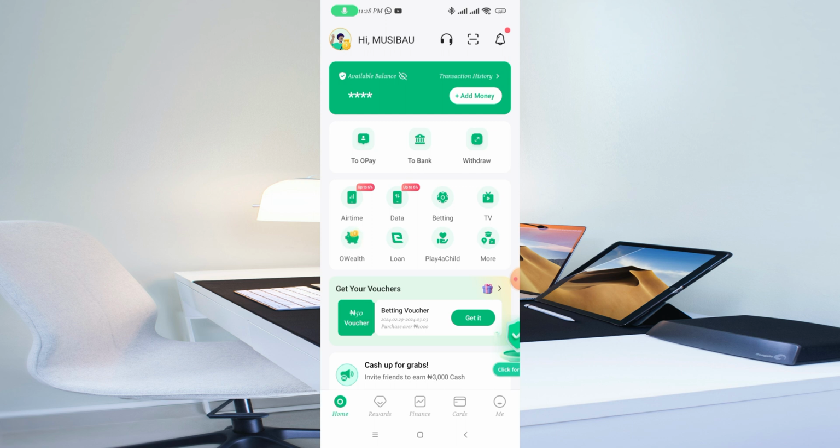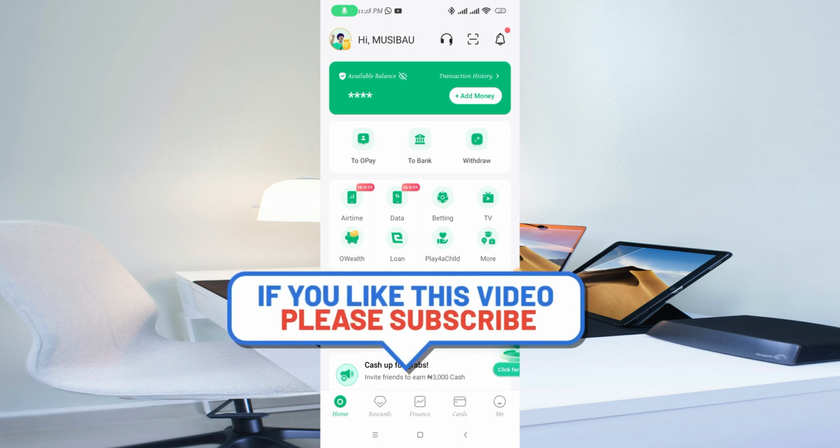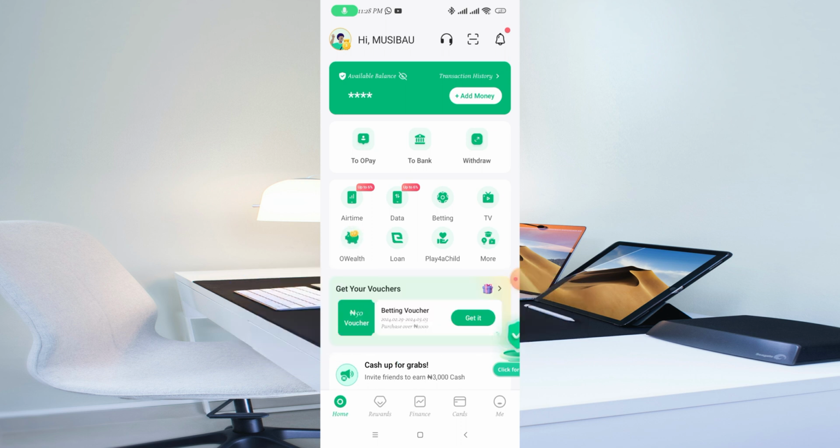But then, of course, I'm not saying this is not possible for you to edit your account balance. It's very possible, and people are actually doing it for real. But I personally am not advising you to do that, because at the end of the day, the fact doesn't change that the figure you're trying to put in there is not real. Like, you're claiming you have a million naira in your account, and at the end of the day you have just 1,000 naira.